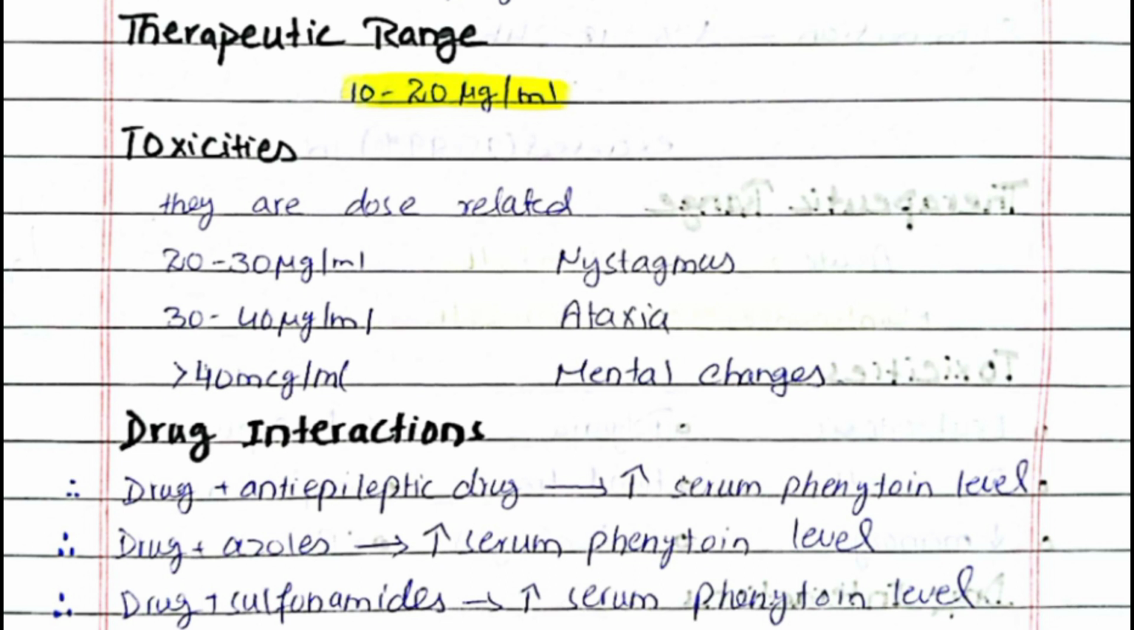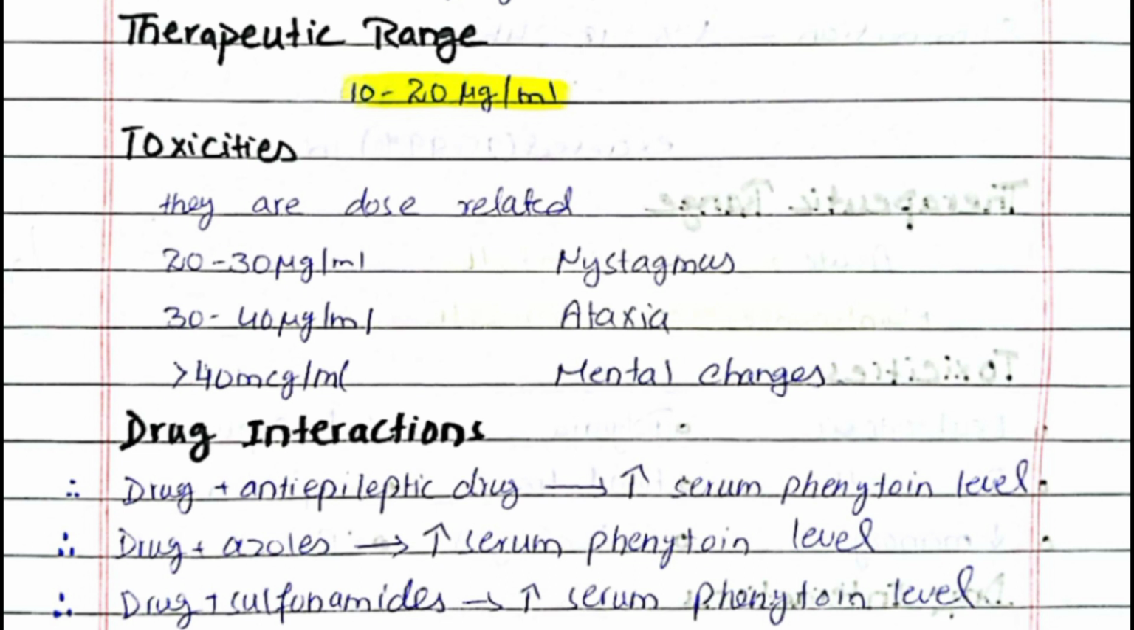So what are the toxicities that are caused by phenytoin? We will discuss this. As I said, these are dose related. If the level is between 20 to 30 microgram per ml, it could result in nystagmus. Similarly, if the level is above 30 to 40 microgram per ml, it can result in ataxia. And if it exceeds 40 micrograms per ml, it can cause mental changes in the patient. So it is very important to maintain the therapeutic range,